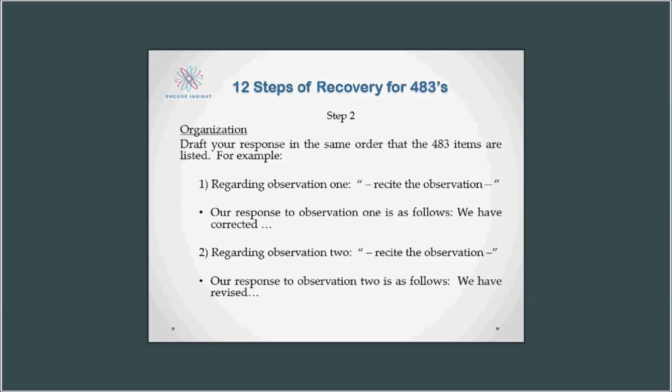So observation one, our response to observation one is as follows. And then whatever you want to say, we have corrected blah, blah, blah. And regarding observation two, recite the observation. Our response to observation two is as follows, blah, blah, blah. So that's your basic organization of your response. So that part probably is pretty easy. It's more of an editorial kind of thing. So going on to step three,